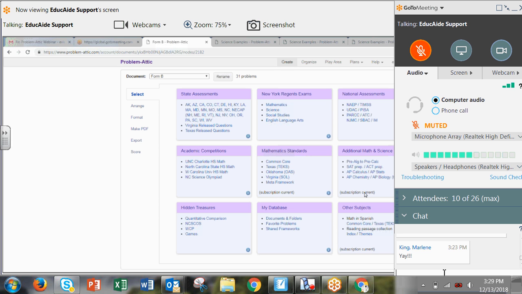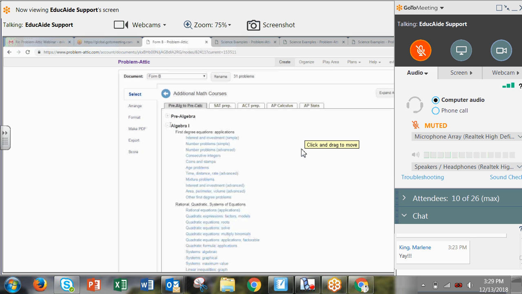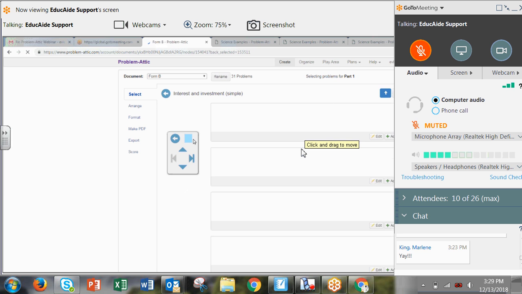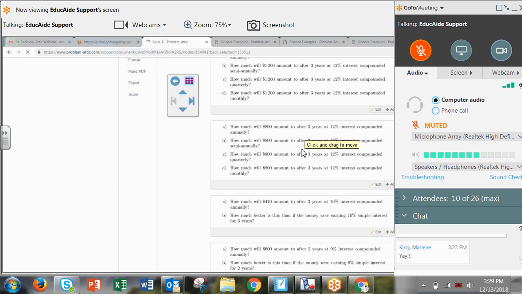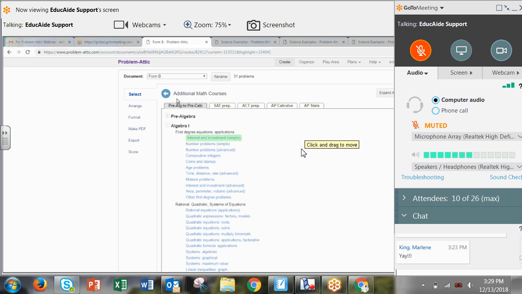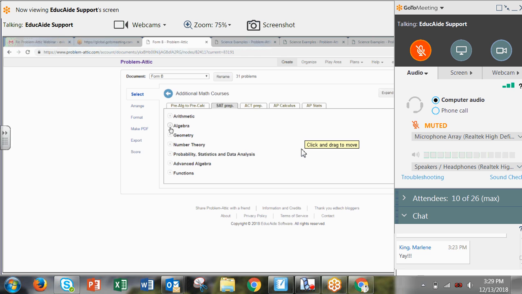So for example, you could decide you want to create an Algebra 1 assessment, and you could use questions from this database here, Pre-Algebra through Pre-Calc. I added you in. All the questions are for each one. It's our attempt at experimenting with the idea of replacing a textbook with online content only. So you could add questions from there, mix it with questions from SAT prep, so it has algebra,